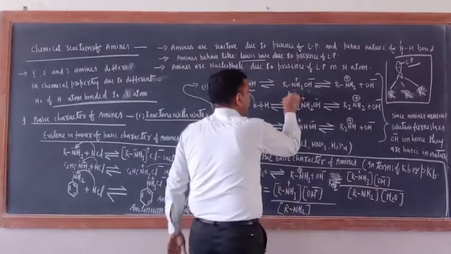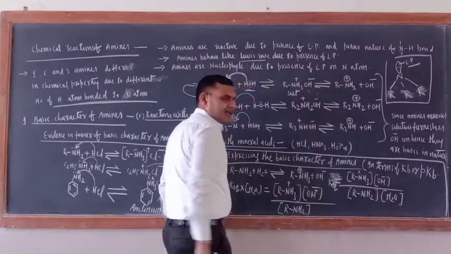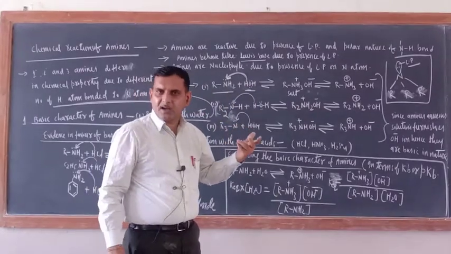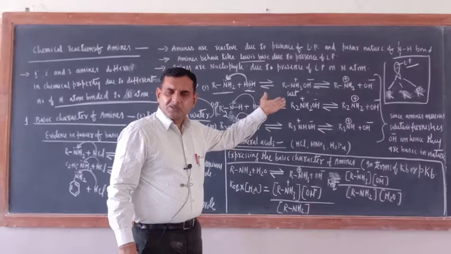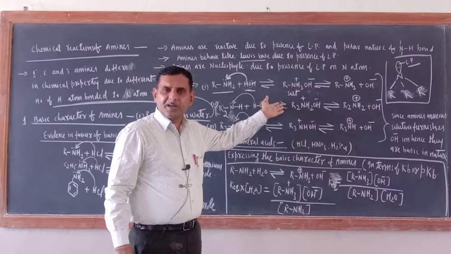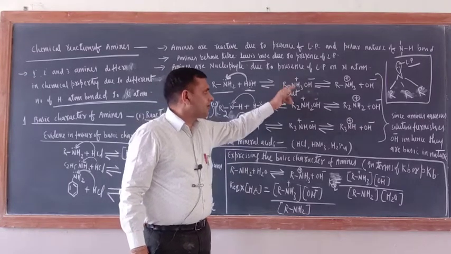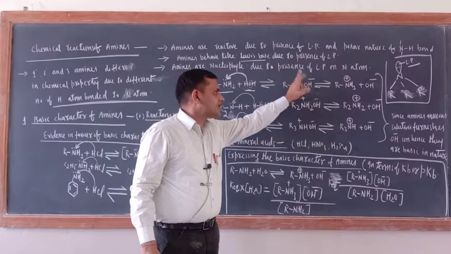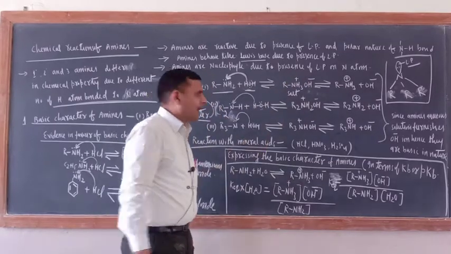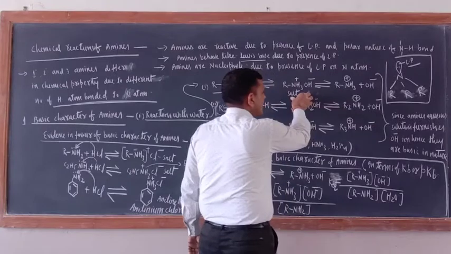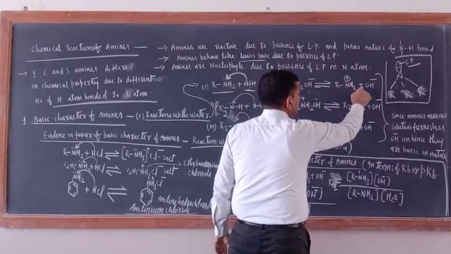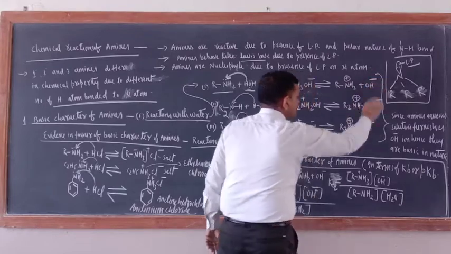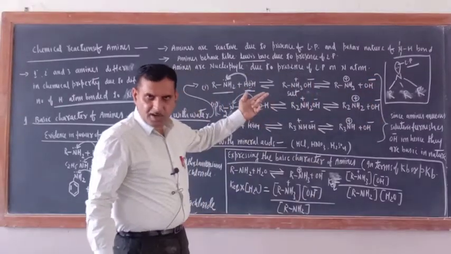This becomes a salt now. In salt, what is there? Positive and negative. NaCl is salt or not? Why is it salt? Because it has Na positive and Cl negative. So now they also have the positive and negative part. RNH3 is the positive part, and OH is the negative part. Now after some time this salt will dissociate into RNH3 positive plus OH negative. So is this furnishing OH negative ion or not?